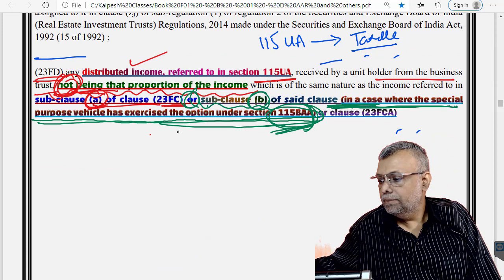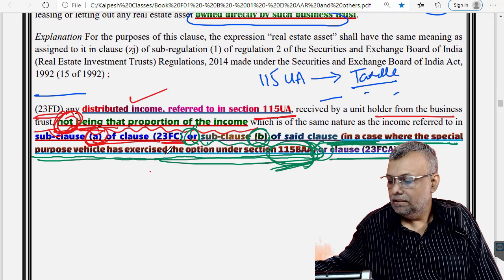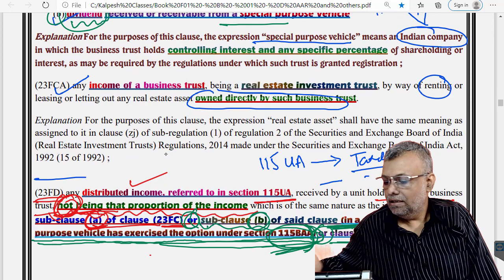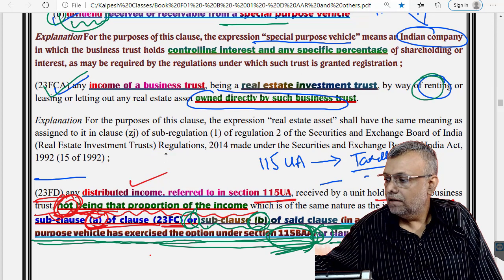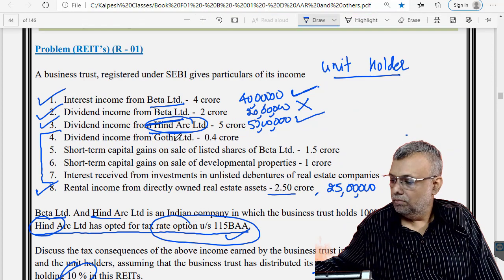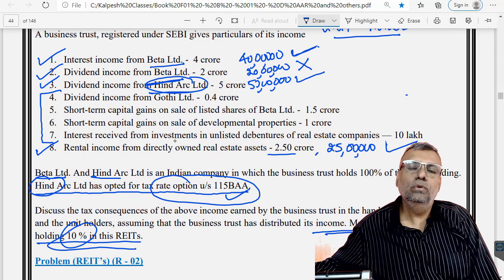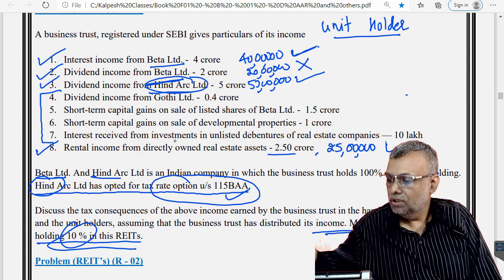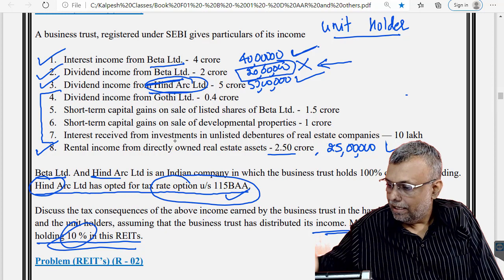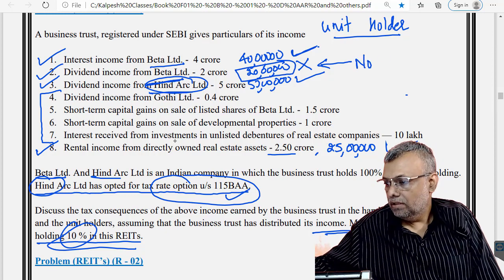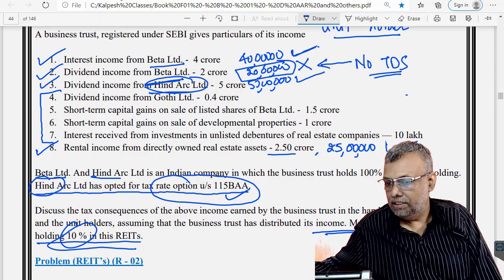Now 1023 FCA income will not be exempt, that means it will become taxable. So this is basically the rental income. If you come to the question, this point number 8 will be taxable in the hands of the unit holder. Is that very much clear? Now, in the TDS provisions for these 20 lakhs transaction also, there is no TDS specifically provided by the law.